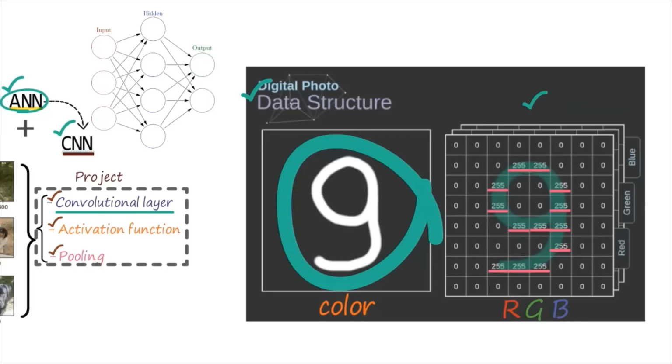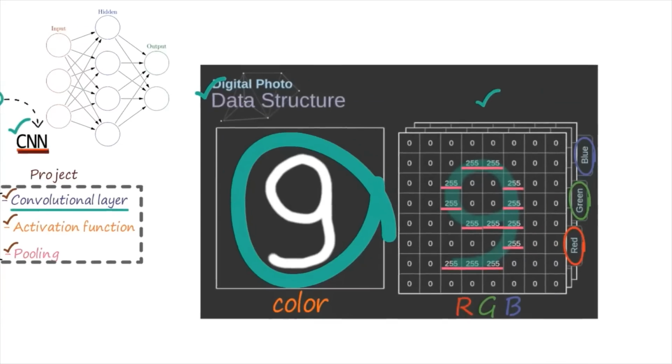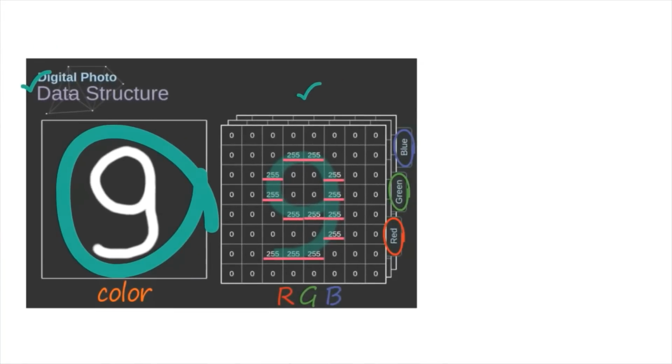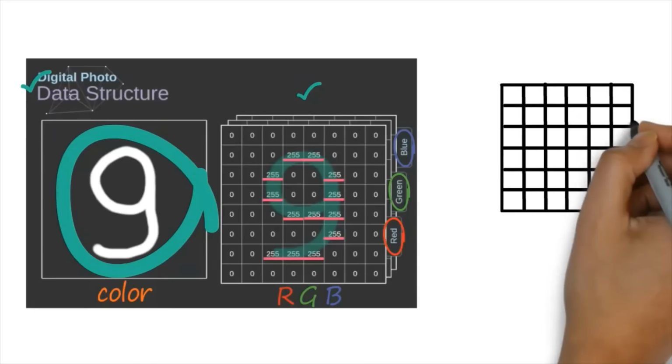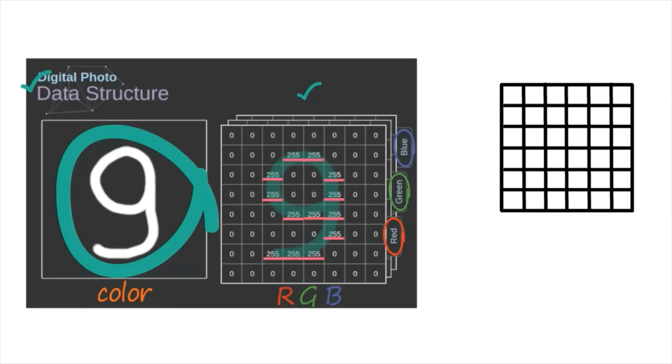One frame is used for red, one frame is used for green, and one frame is used for blue. So what I mean to say is that whenever I'm talking about an image, a particular image will have many pixels, but you will have only one frame whenever you have a black and white image, because in a black and white image either you have 0 value or 1 value for a particular pixel.